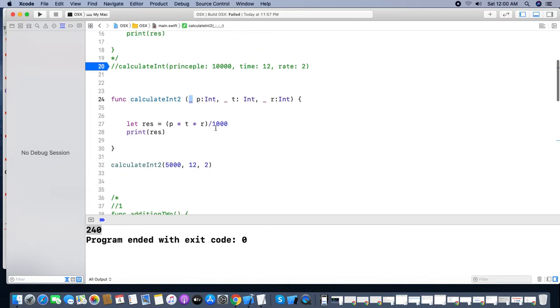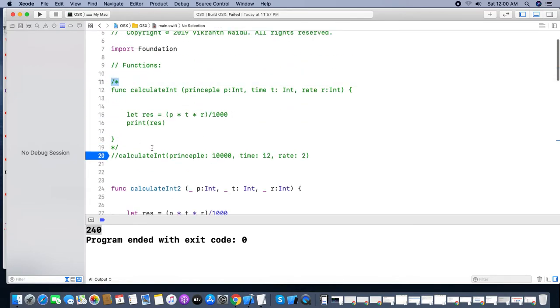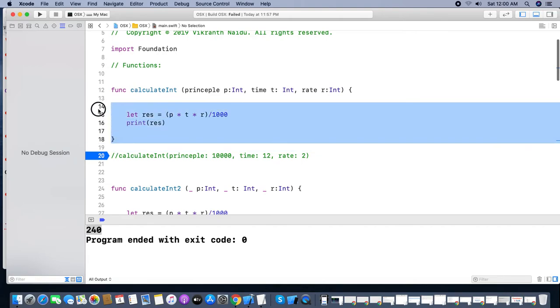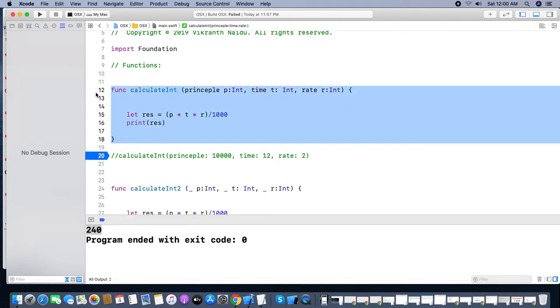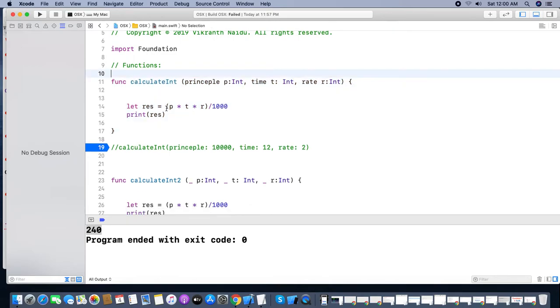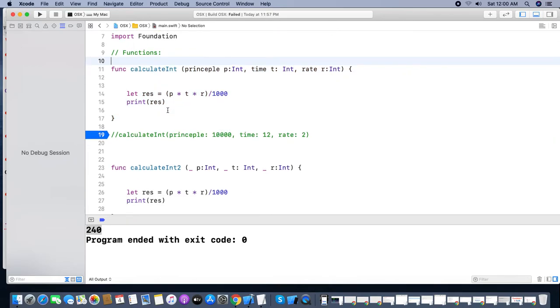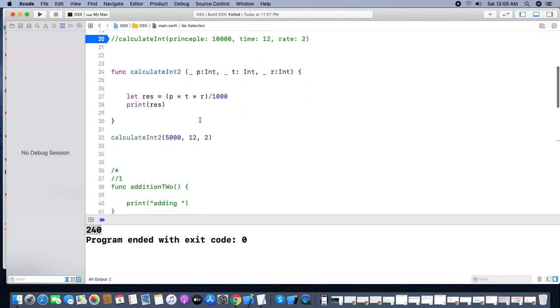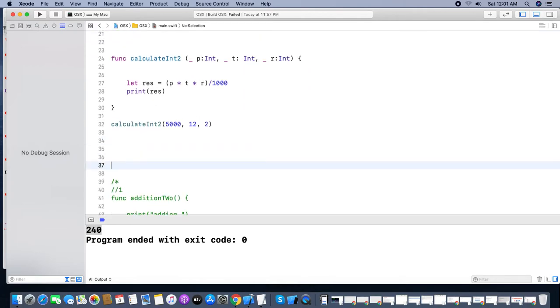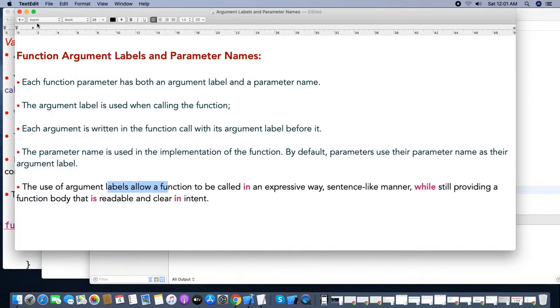Okay, this is function parameter with argument label. Okay, this is a very important concept. Function parameter with argument label. Okay, we'll learn another concept in this video only. The next concept is